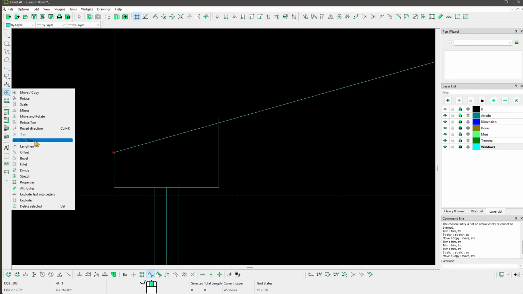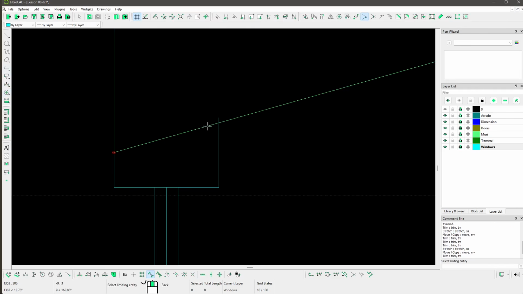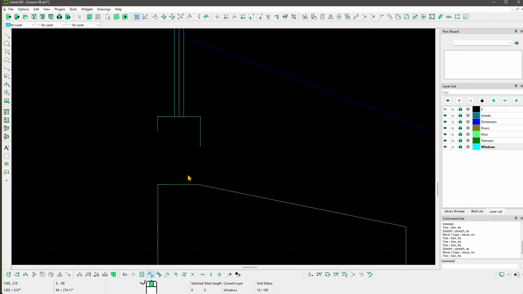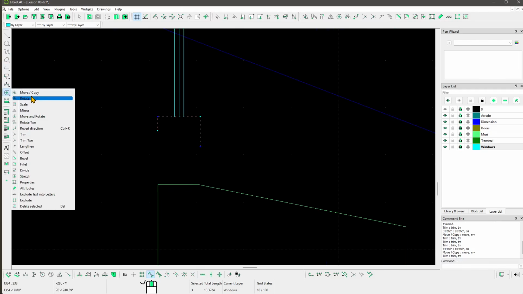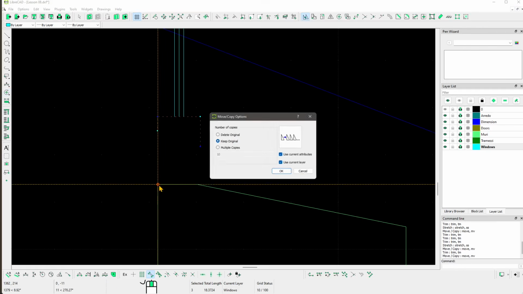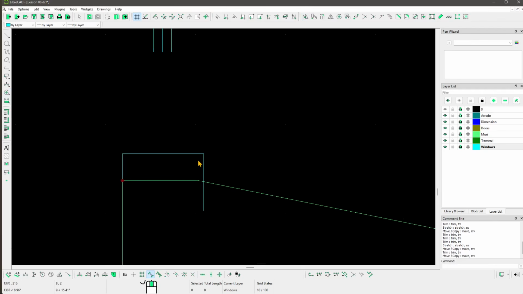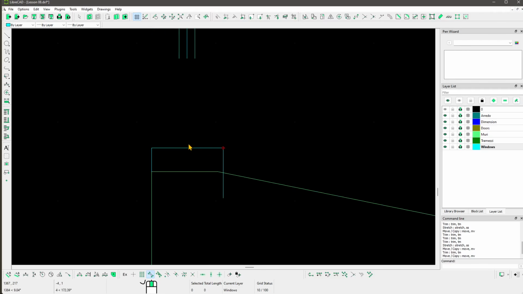You can also trim more than one with the trim 2, but in this case we only have one. And click on the side that you want to keep. And here also it's a little bit different. So let's see if we can reuse something. So in some projects you have more modularity, so you can use the same and just fix it. In some cases you need to destroy and remake. In some cases you can just use the